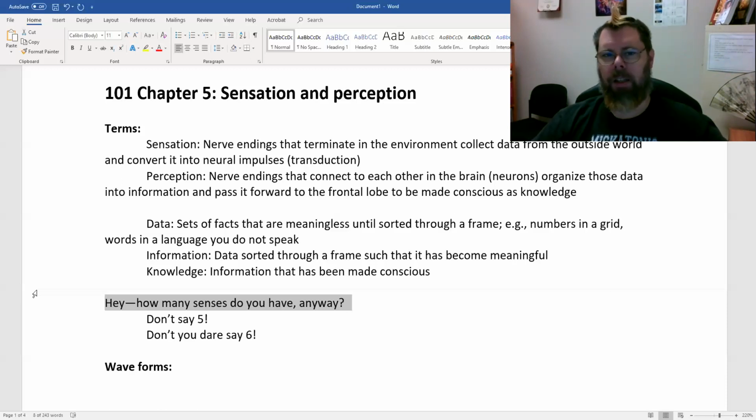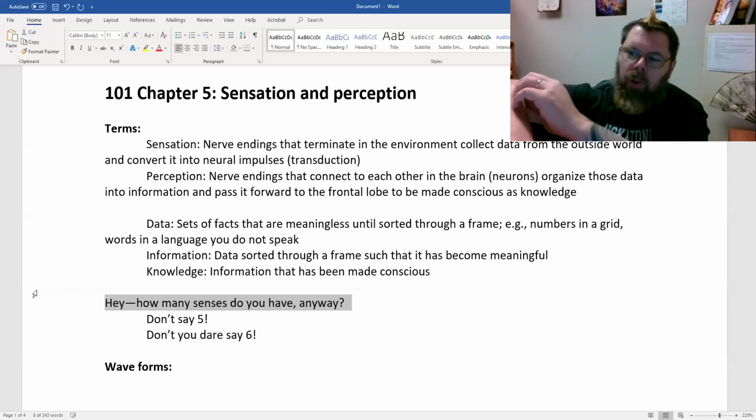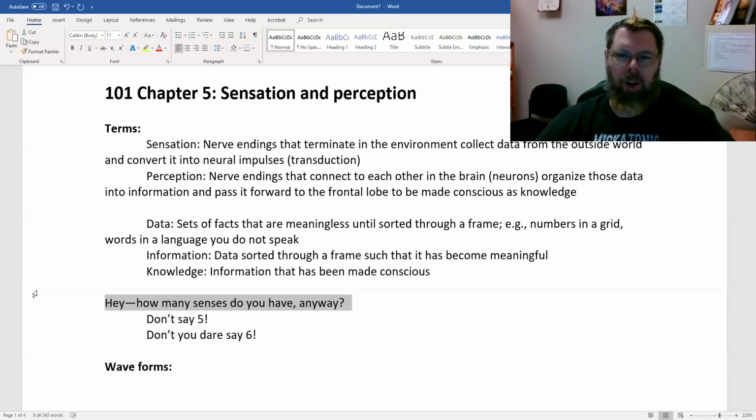Yeah, not really. No evidence that that would be true. It's a sense that another animal could have that we don't. Electricity, you can sense strong electric fields, but is that its own distinct thing, or is it just your hairs standing on end and you're getting that information through your skin? Probably the latter.